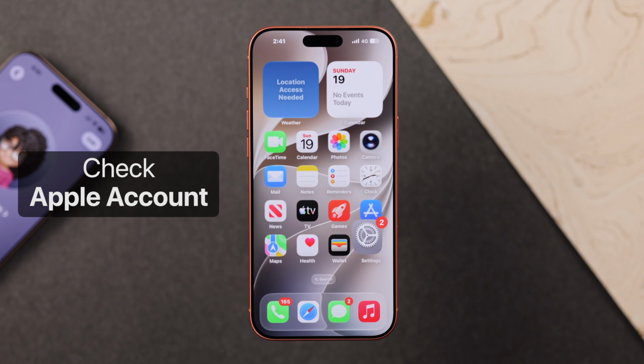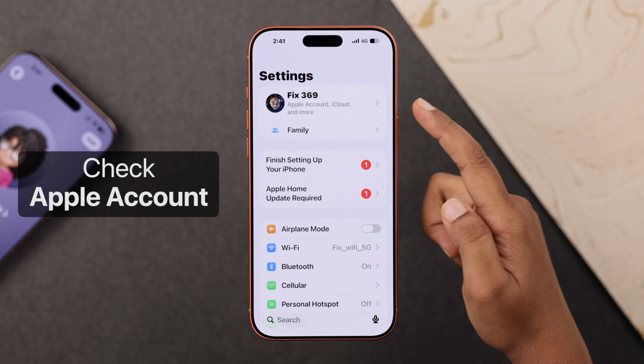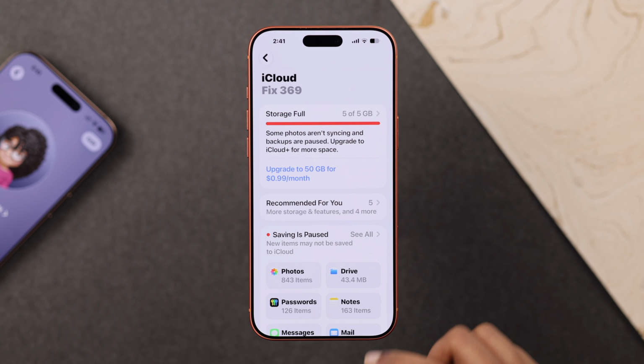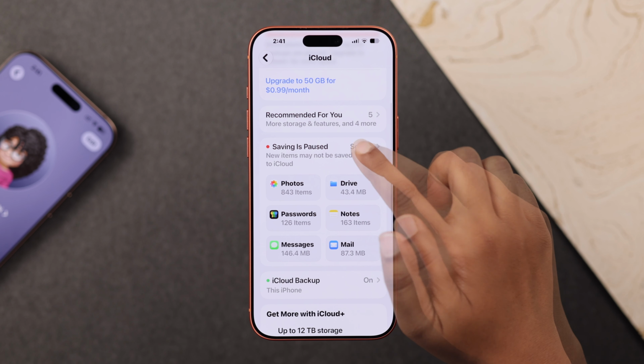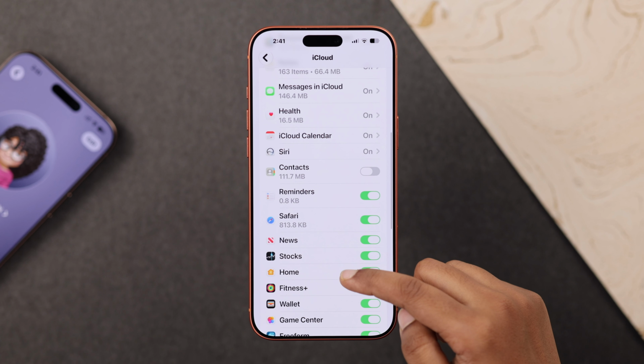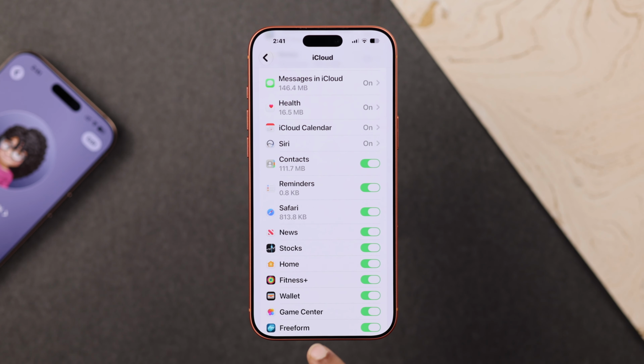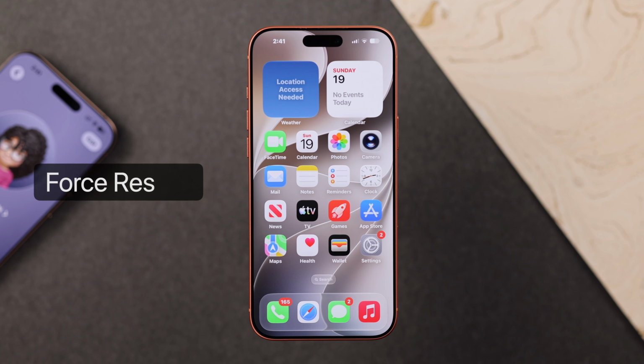So first, open up your settings and go to your Apple account from here. And then from iCloud, you just have to go for Show All and you will find this Contacts option. So here you just have to enable this, and if it's already turned on, you just have to restart your